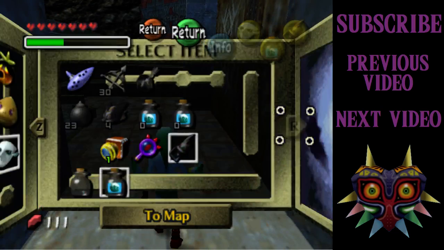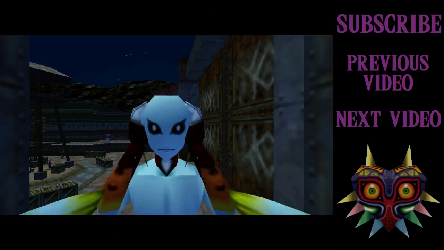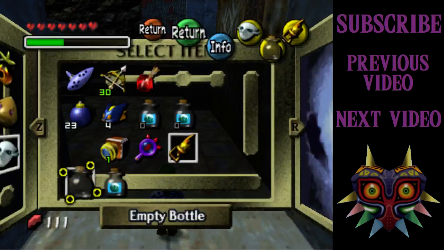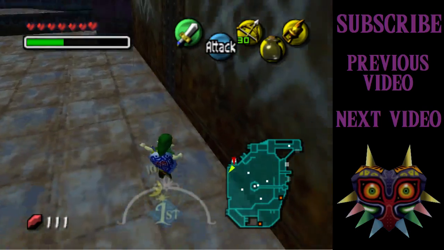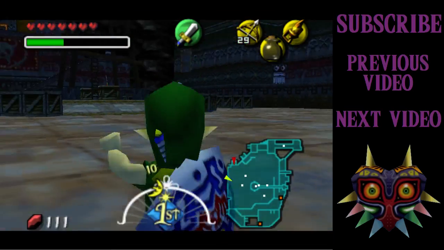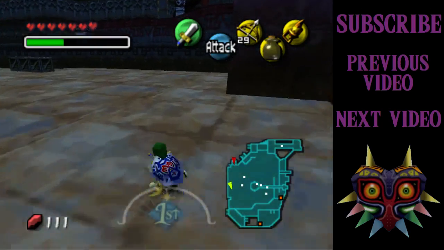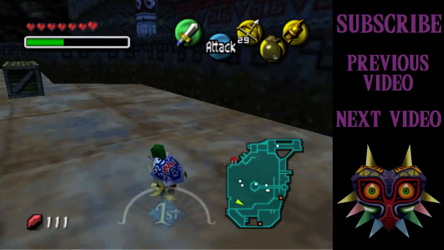Let me just get set up for the next part. Let me just get this off actually, because I want to have my bow out so I can knock them out. I could obviously knock them out with the hookshot, but it's just more reliable with the bow, and you can do it from a greater distance as well. I probably didn't have to knock her out, but I don't really want to take any risks, so...